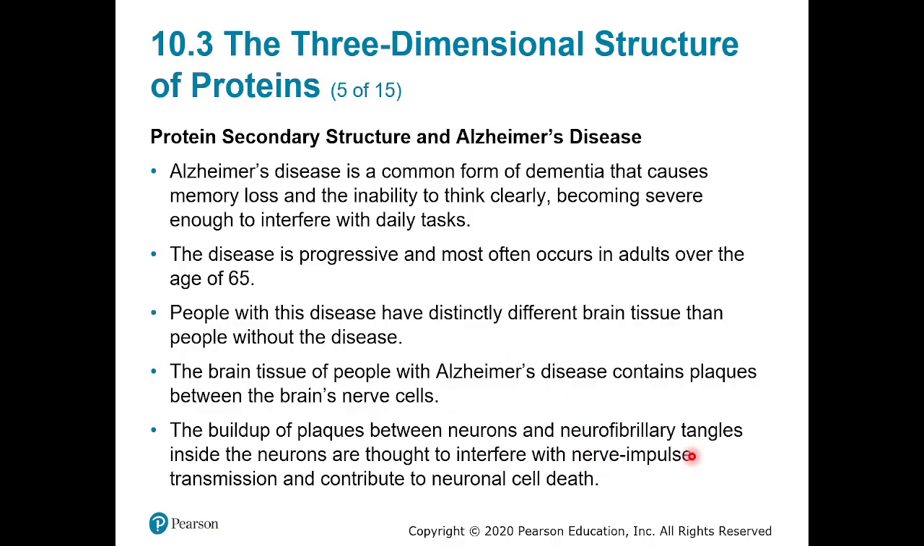The buildup of plaques between neurons and neurofibrillary tangles inside the neurons are thought to interfere with nerve impulse transmission and contribute to neuronal cell death. The more recent research actually indicates that this might be a very similar process to a diabetes of the brain. It's actually a lack of control of the sugars that might be involved in this. But there's been a bunch of new research coming out, and some of it with very promising results for being able to at least delay or possibly even treat Alzheimer's. So,